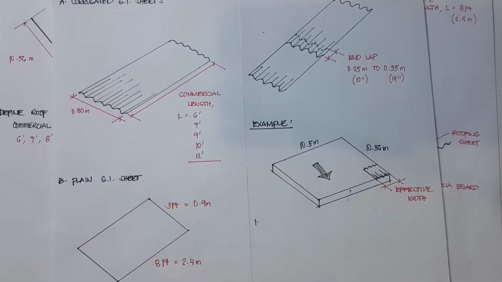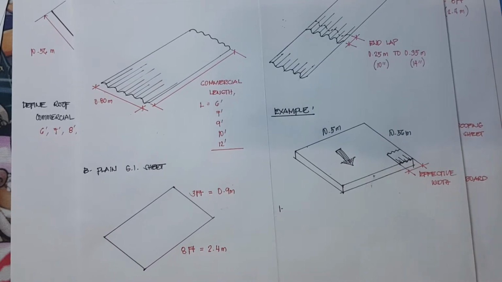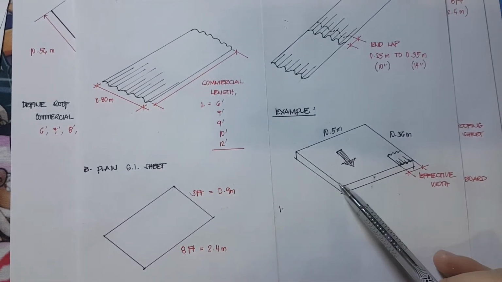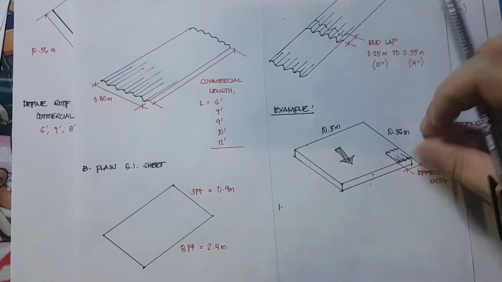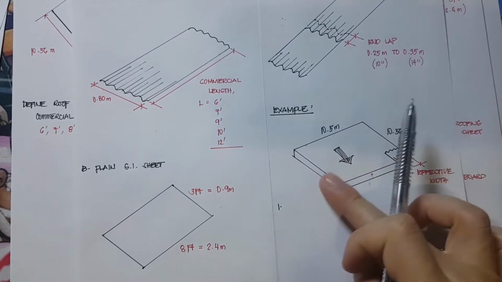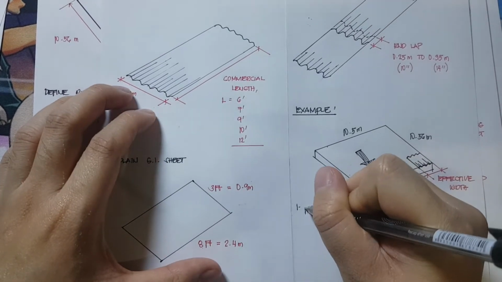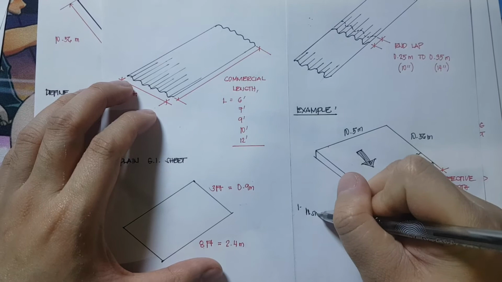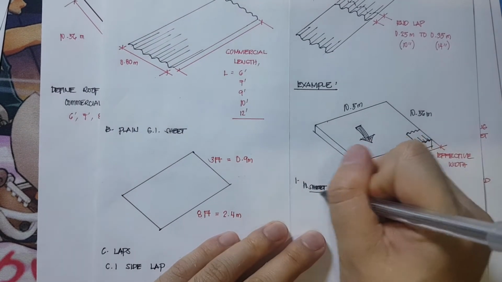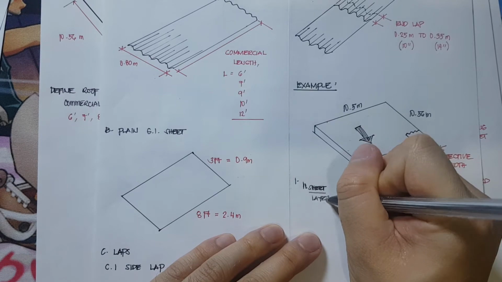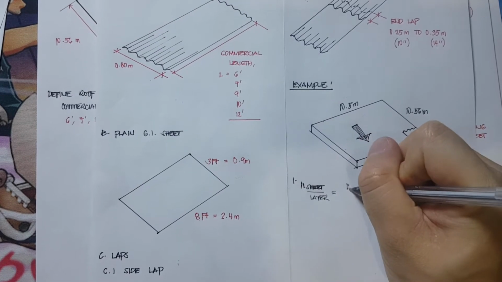This time we're going to count how many GI sheets we are going to use for this specific dimension. Number one, let's count how many GI sheets will fit on one layer. Ilan yung magkakasyang GI sheet sa isang layer. We know that it is 10.5. So, the number of sheets per layer would be, we have the dimension of 10.5